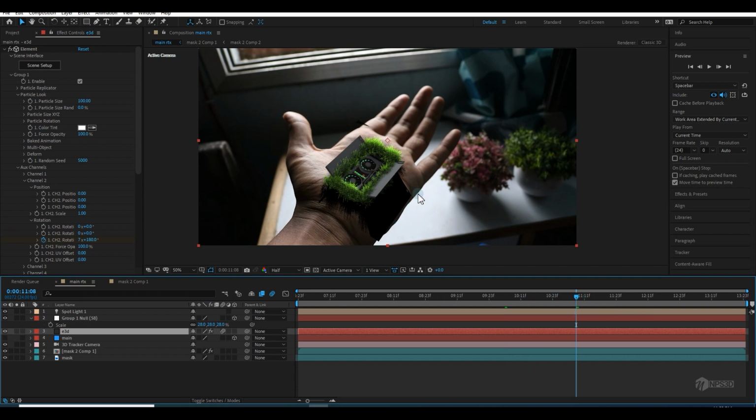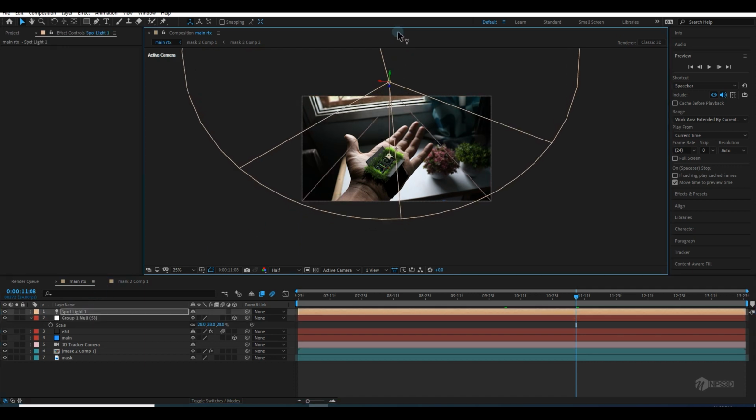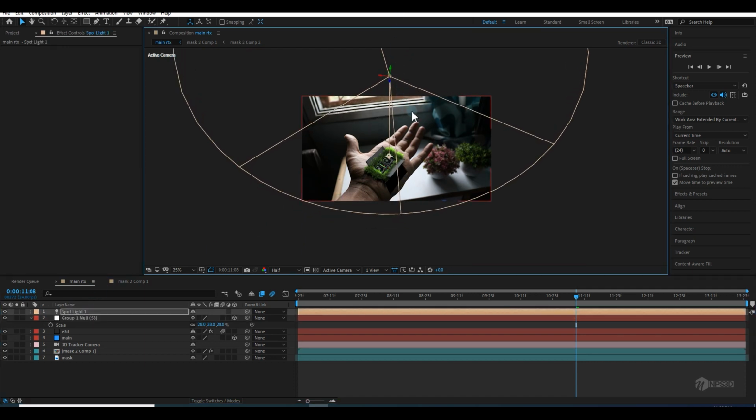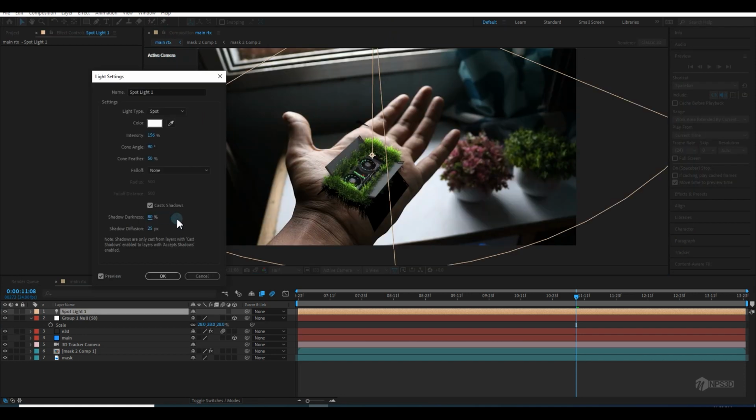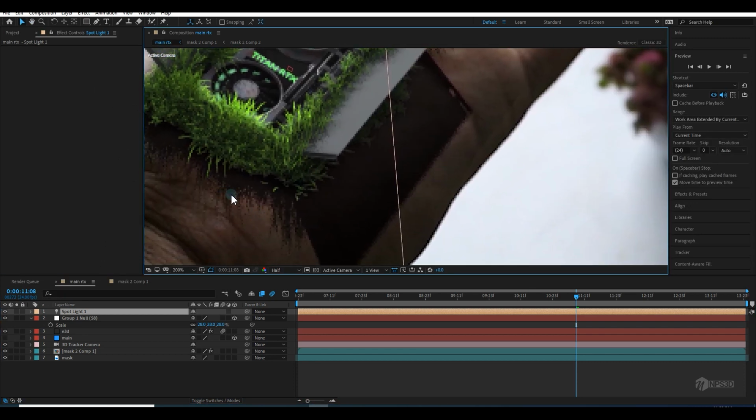And you can adjust this plane size and the light like this, and you can bring down the darkness to maybe 80. You can just match this one, and then you can increase the diffusion a little bit more. Diffusion basically happens here and here.